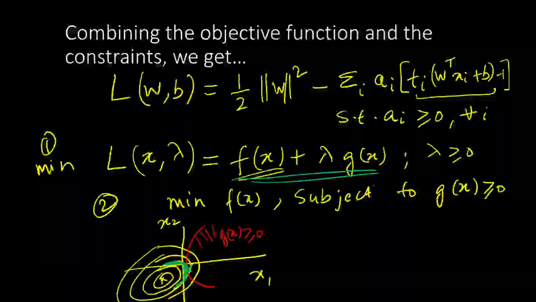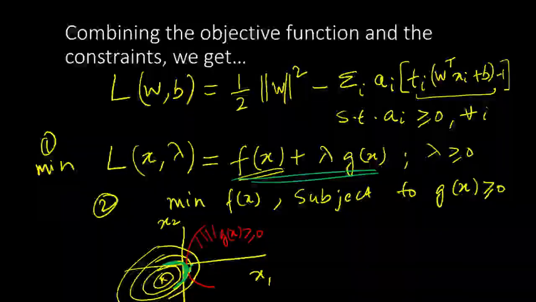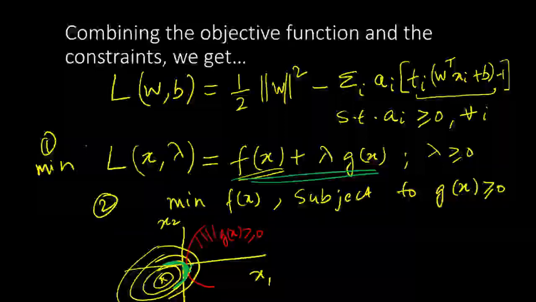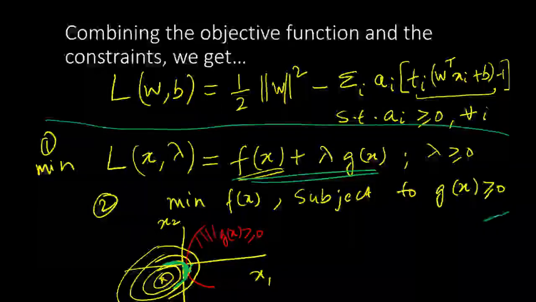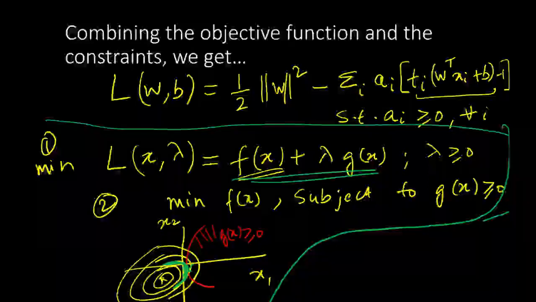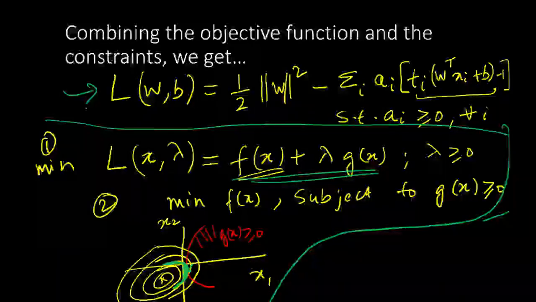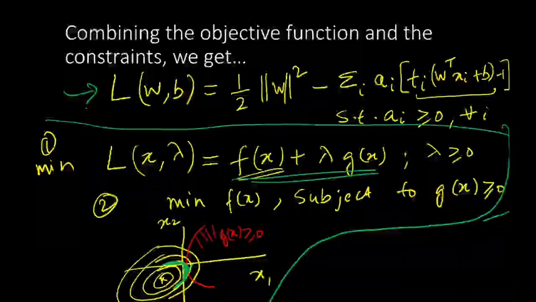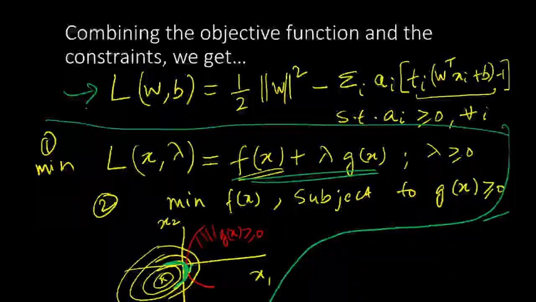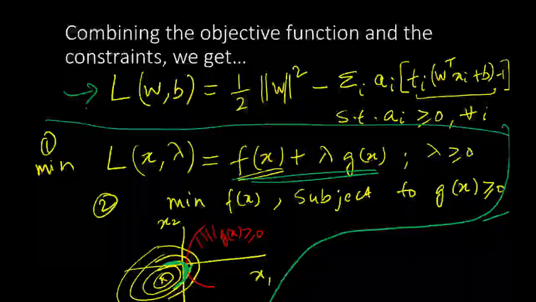So now let's go back to the w space instead of this x space, and this x is, by the way, different from the w; this is just an example x space. So let's draw a boundary around it. We don't need it anymore. Now let's go back here to the w space. The first objective that you see is basically equivalent to minimizing mod of w squared subject to multiple constraints where t_i times w transpose x_i plus b is greater than or equal to 1. So it is precisely the hard SVM objective that we are trying to minimize.